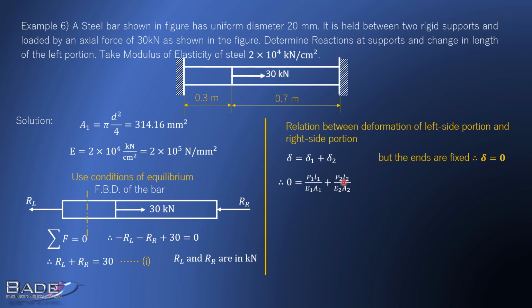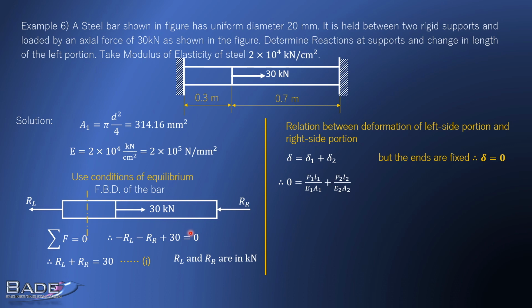Okay. Now P2 here. It is force on the second part. So take a section in the second part and add forces on any one side. So if you add forces on the right side, on this side, so on this cross section, there is push type of force. And how much is that? RR. So force on the second part is push type of force RR.